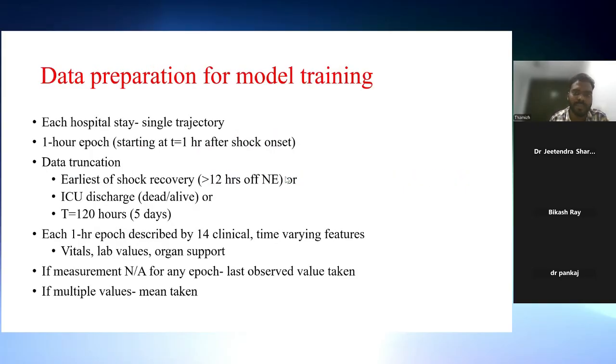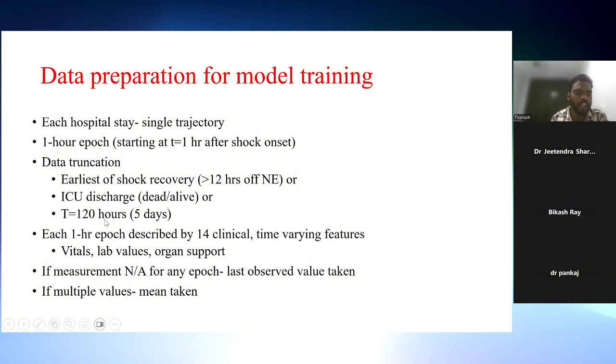So what data did they prepare for the model training? Here each hospital stay is taken as a single trajectory, and the time interval they have taken for one epoch is 1 hour. It started 1 hour after the shock onset. So when did they terminate the data? They terminated data based on these three categories: either the earliest of the shock recovery, that is 12 hours after the norepinephrine started, or the patient's ICU discharge. The patient can be dead or alive when discharged, or if the patient crossed a 5-day interval,